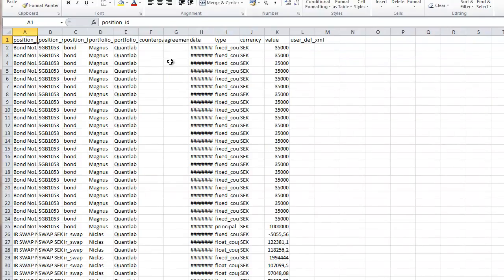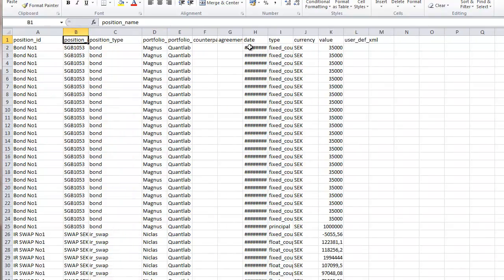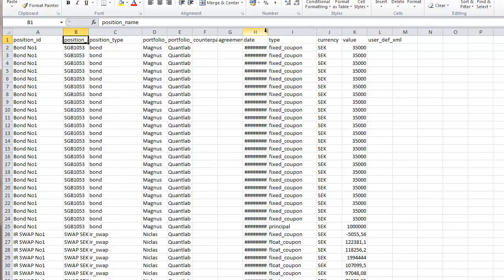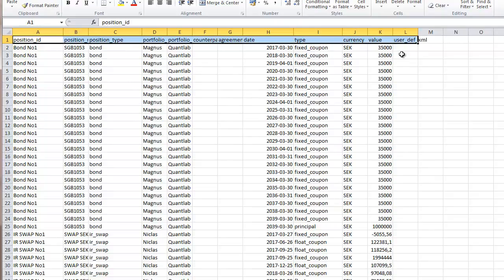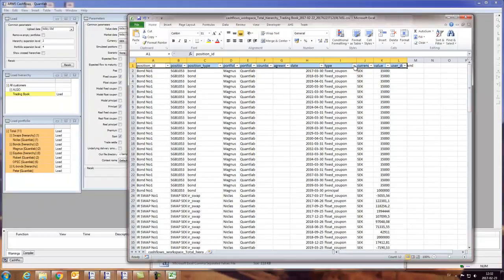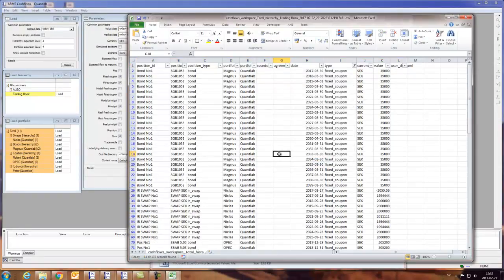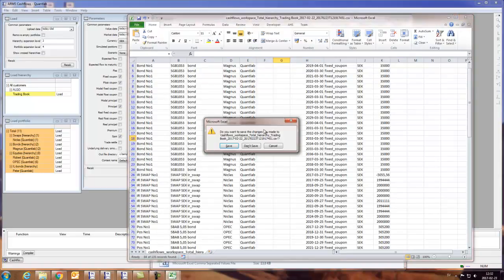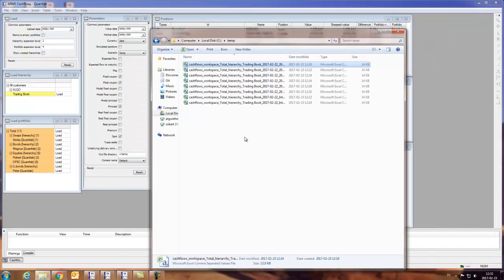Here we have then the cash flows written in a way that's a bit more convenient with a header. So this is a good way to, if you want to get the cash flows out and do some sorting, or if you want to view these using some sort of filter to get only the fixed coupons out or something like that. That's Excel at its best. So what's more in this,